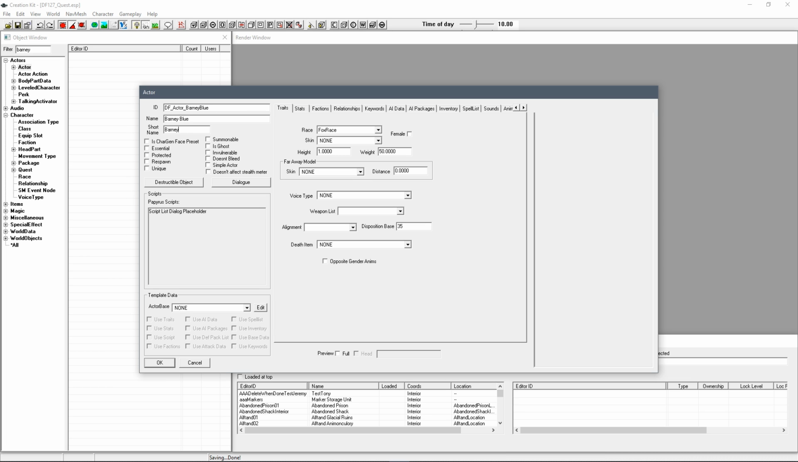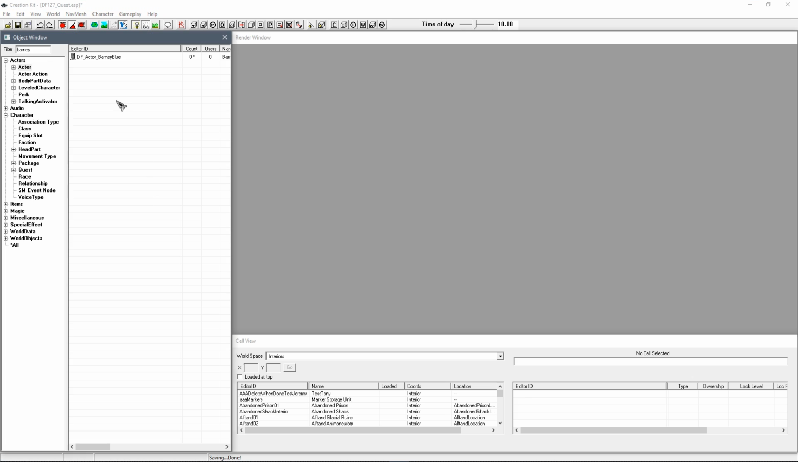And when dealing with quests, you can set them a short name that quest will use. I'm going to tick him as essential, unique, and I'm going to make him a Breton. And just confirm that. Now, before I go ahead and give him a voice type, because this is going to